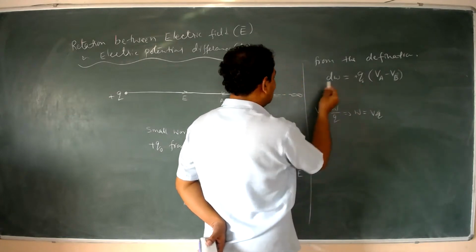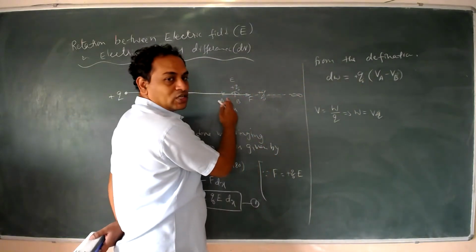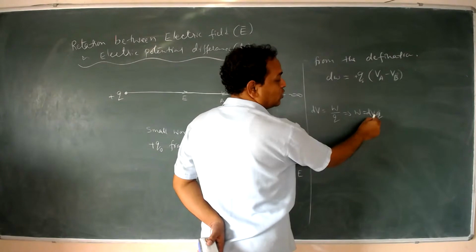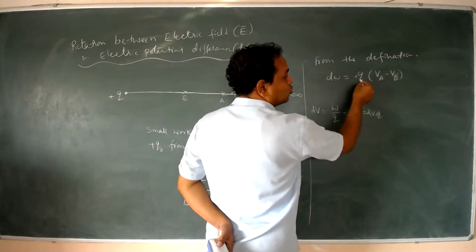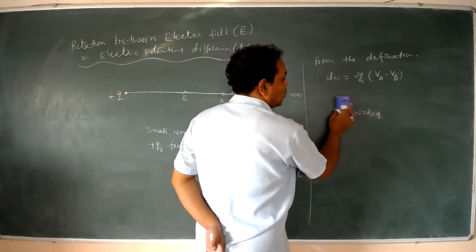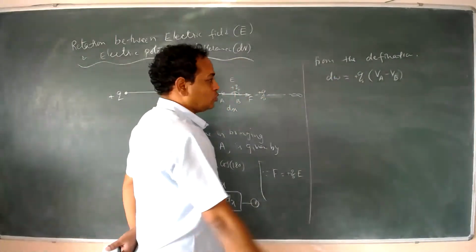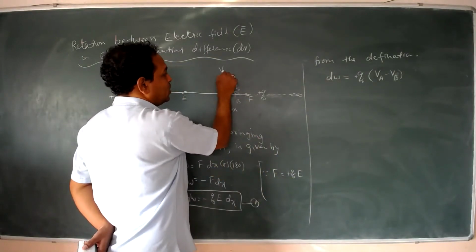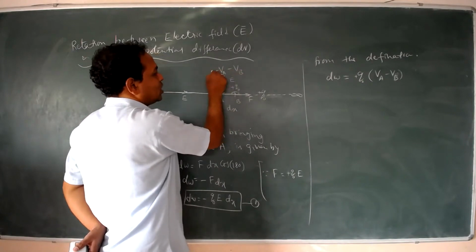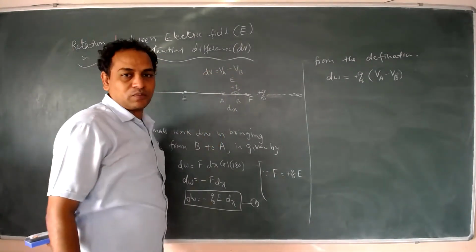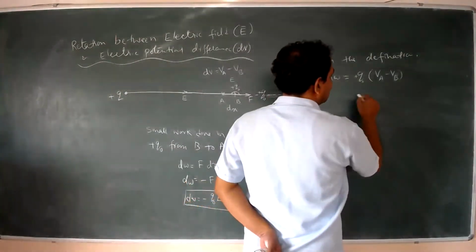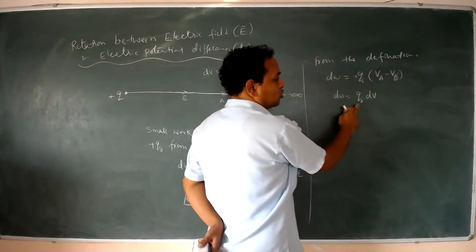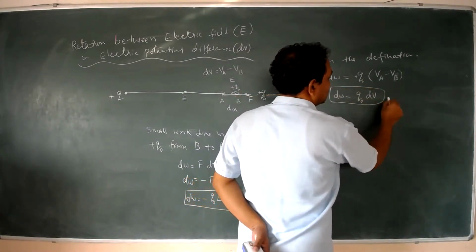So this is nothing but the change in potential between these two, that is the difference in potential. So I will take it as dV. So work is equal to dV into charge. This is the work done formula from the definition. The difference between these two, VA minus VB, I will say simply as V. This is called difference in potential. Then I can also say this as dV. So dW is equal to Q naught into dV. Say this as equation 2.